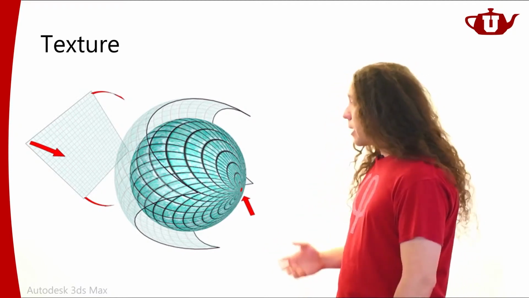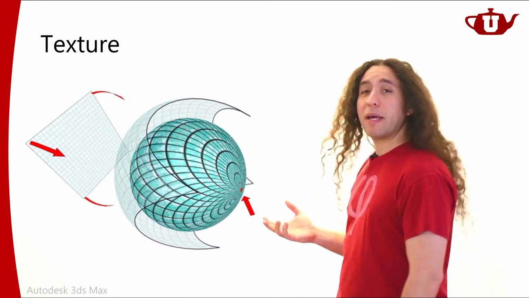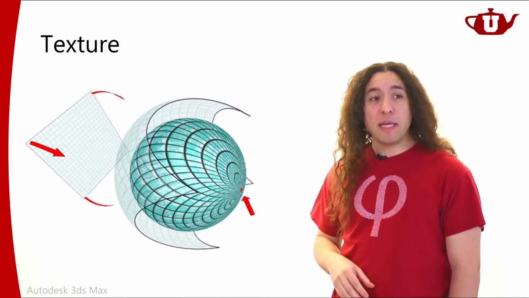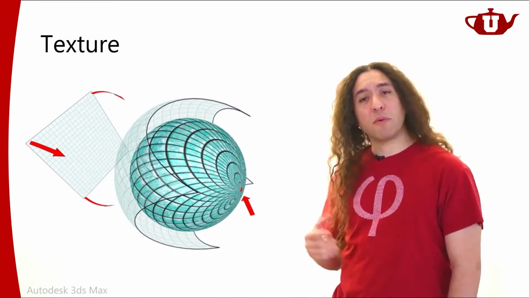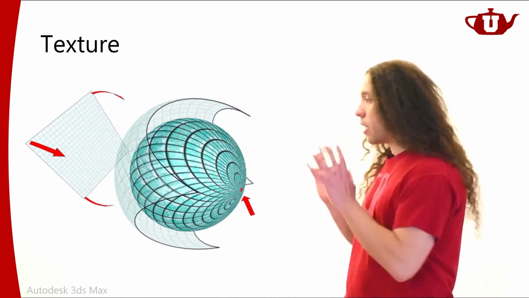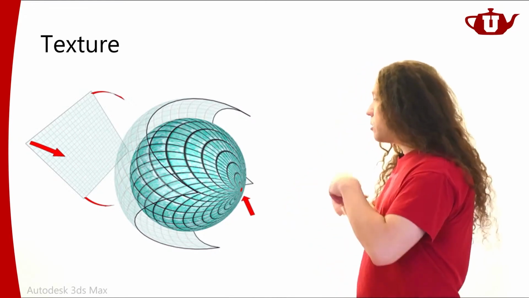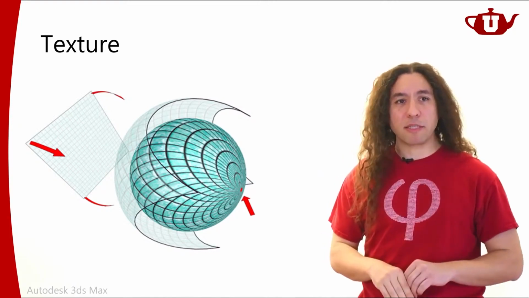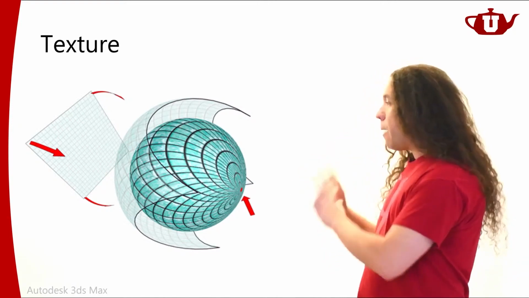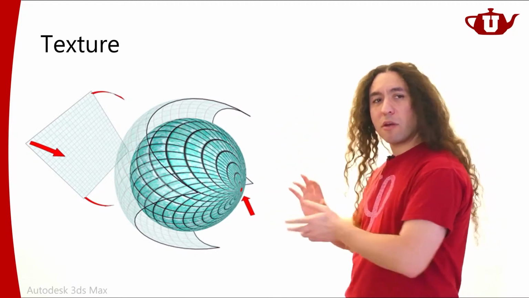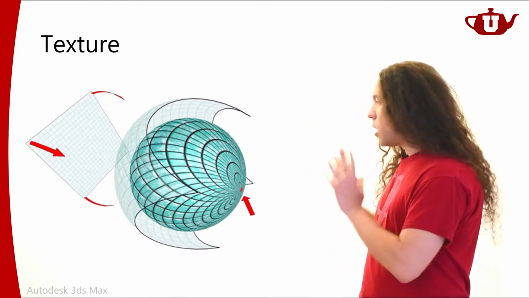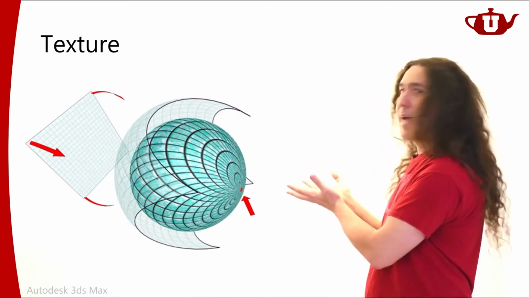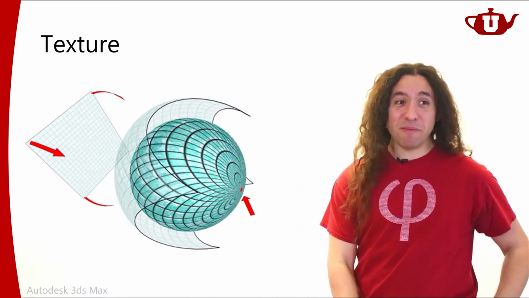But typically the way we do mapping is not one of these simple functions. These are relatively simple functions for mapping. Typically what we use for mapping is that we take an object and we split it into a bunch of pieces, and then we try to map each one of these pieces separately. So mapping a texture on a surface becomes a much more difficult process, especially if you don't have simple shapes like a sphere. Mapping is a much harder problem.